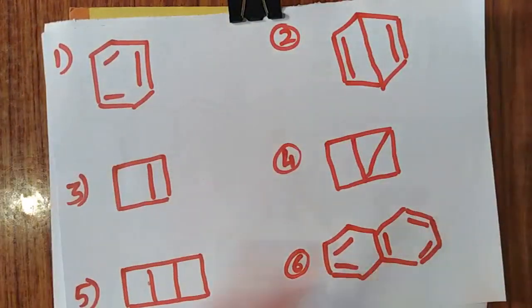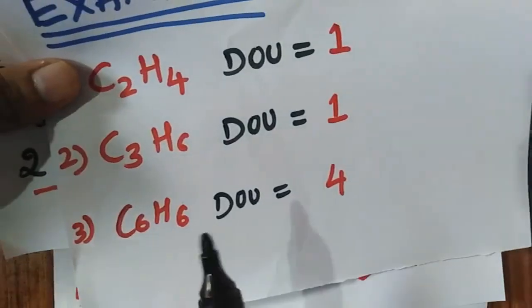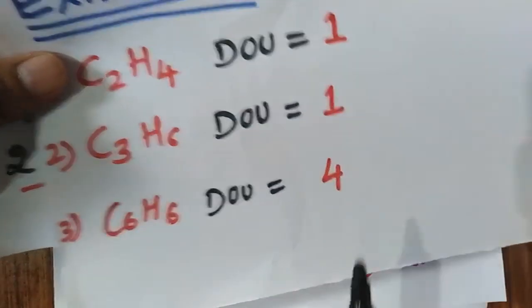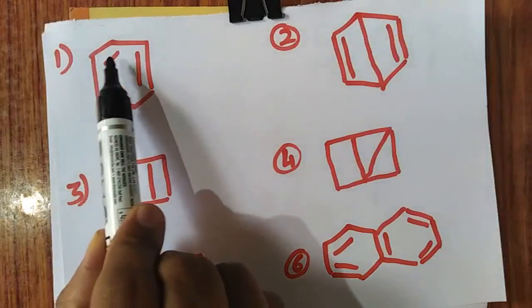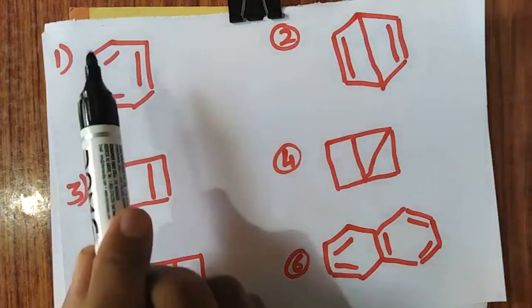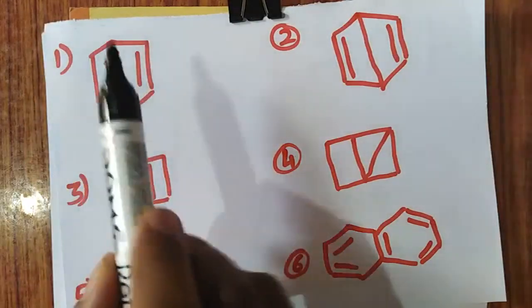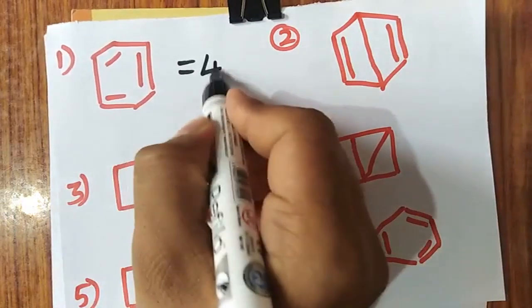Now the first one, you can see I have taken the benzene ring. We have already seen that in the case of the benzene ring the double bond equivalence is equal to 4. You can see in this particular example, benzene, I have considered it as 4. How is it 4, you see? How many double bonds are there? 3 double bonds are there. 1 double bond is equal to 1 equivalent. So 3 double bonds plus 1 ring is there. Right? 3 double bonds plus 1 ring. So the total is equal to 4.